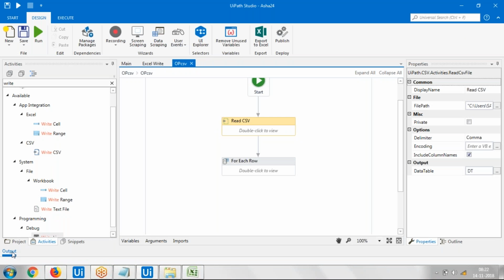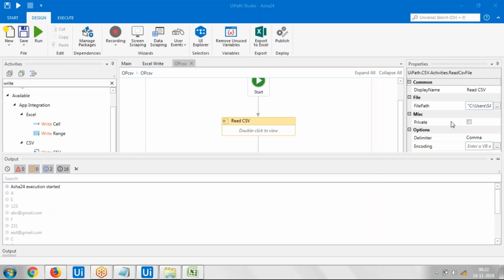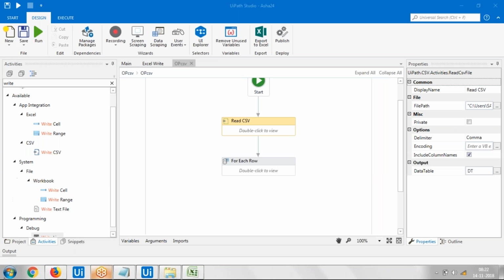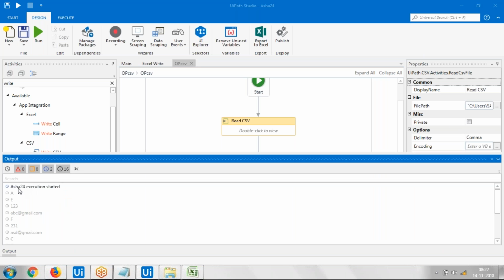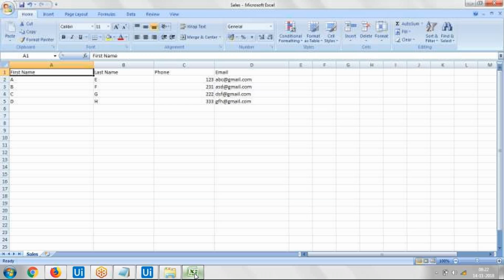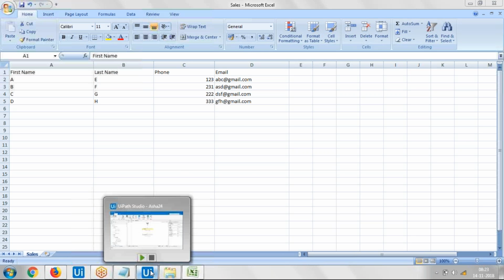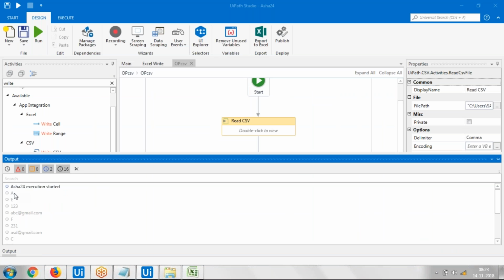Okay, so executed. Go to output panel. So now we are able to see the data in the output panel. Okay, so see here, the data which is there in this CSV is displayed in output panel as strings. So see here,